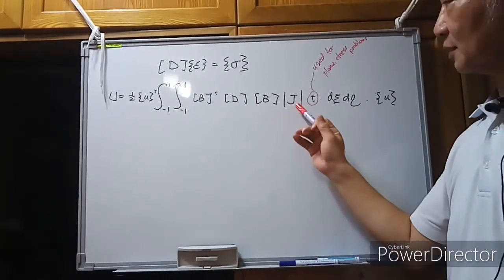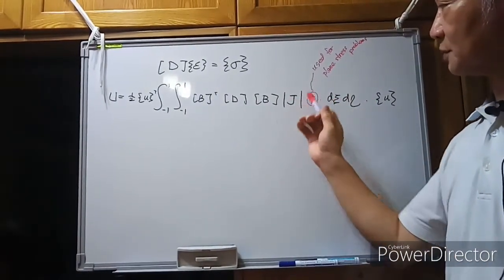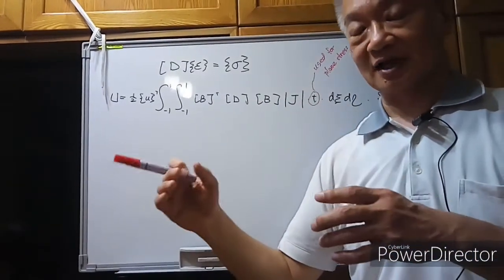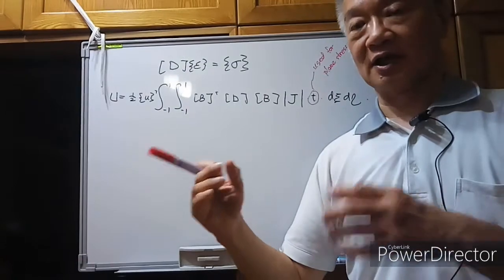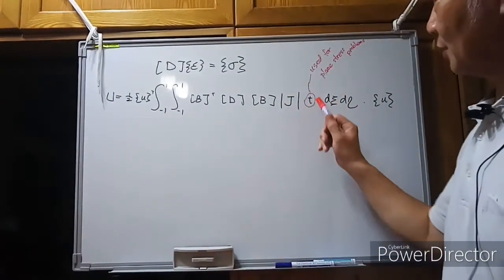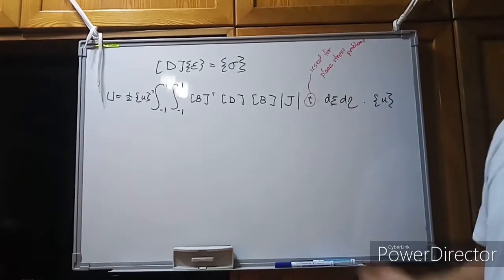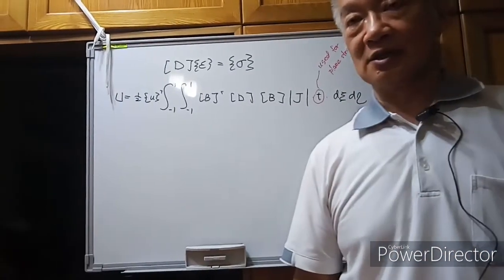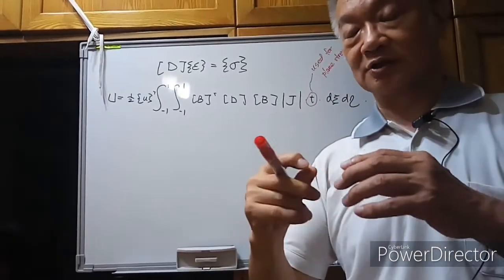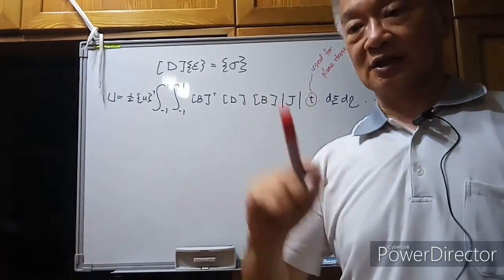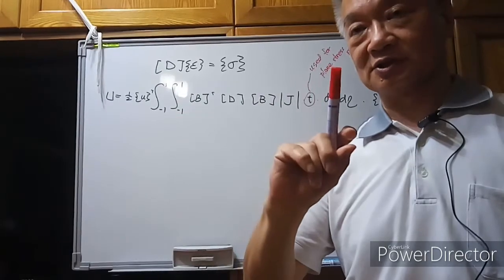If we multiply these two terms by the Jacobian, then we can get the dx times dy, or the d area. Okay. Why do we need to multiply a t in the plane stress problems? Since we need to calculate the strain energy for this element, and for the plane stress problems, it is